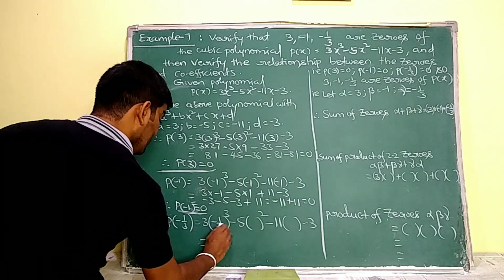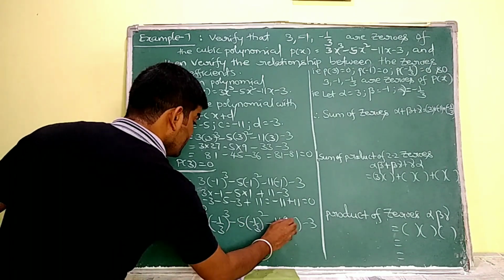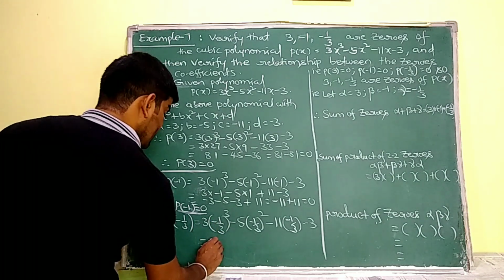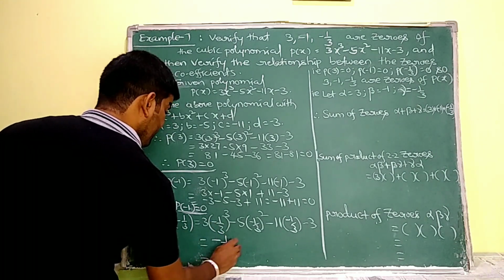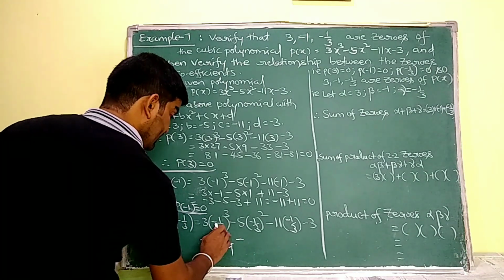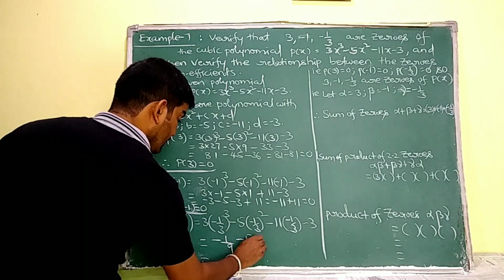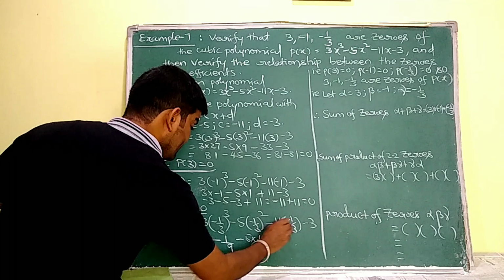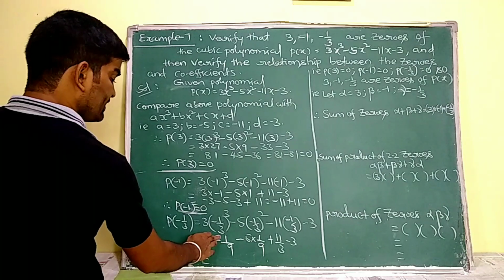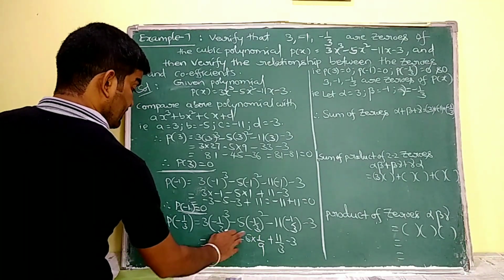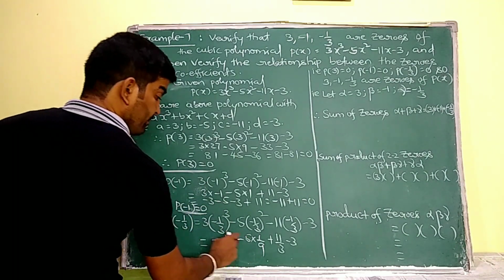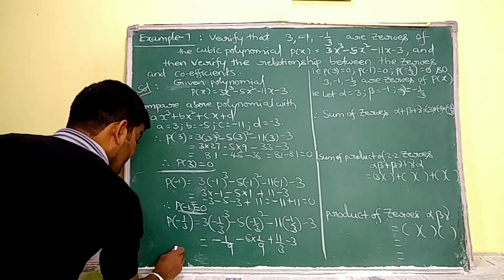Now P of minus 1 by 3. Just substitute minus 1 by 3 in the place of x. So see ma, minus 1 by 3 cube means minus 1 by 9, ma. Why? Because 1 3 and 1 3 are going to be cancelled out of these 3s. 5 into 1 by 9. Now it is minus of minus plus 11 by 3 minus 3. See, it is minus 1 minus 5, that is minus 6, minus 6 by 9. Okay? Minus 6 by 9 means what ma? Minus 6 by 9 means, tell me,